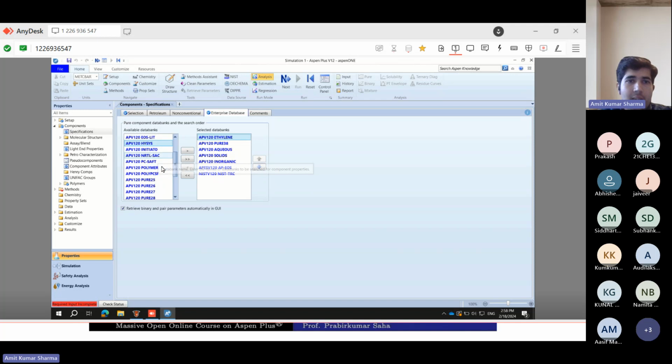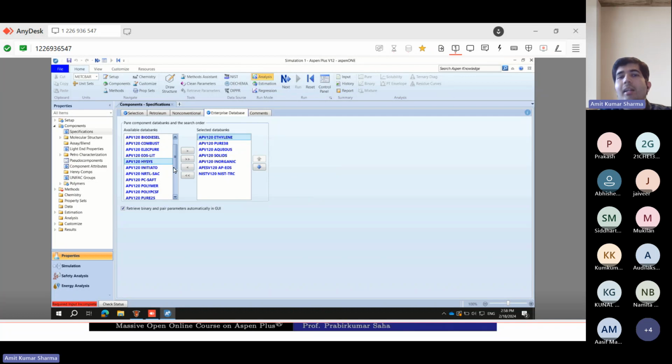We also have pure 2.5, pure 2.6, so you need to read more about these data banks. Then we have biodiesel, so if you are working with biodiesels, we have a separate data bank for them. These data banks are general, but ethylene is a very specific component. That's why I was asking. Yeah, that's why.